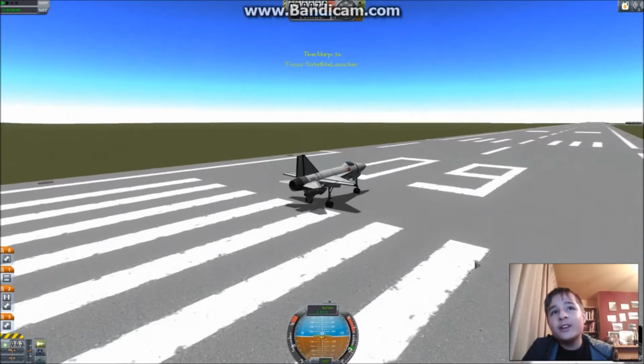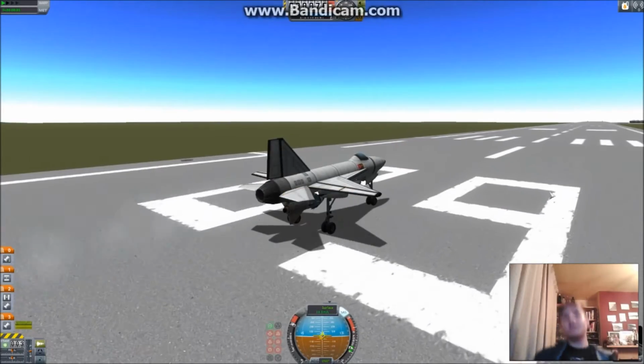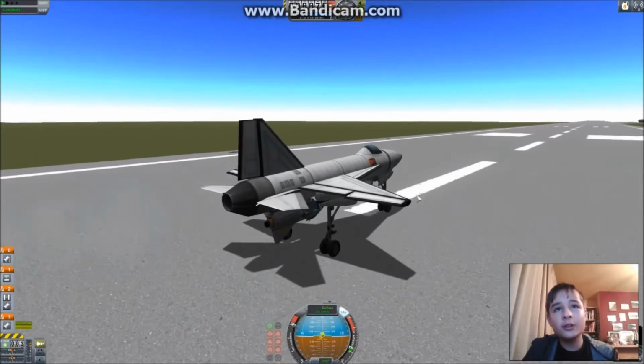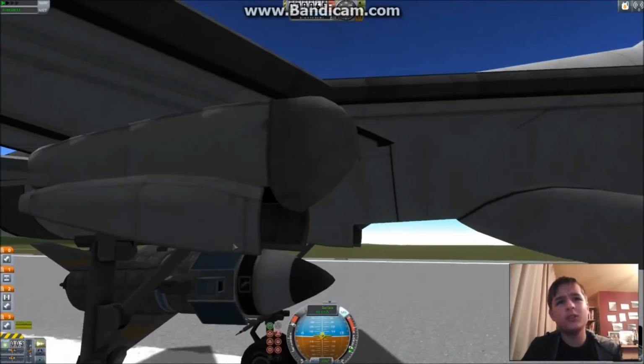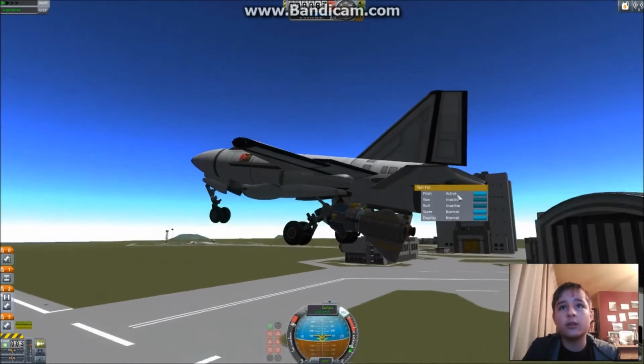But I believe the way this works is you activate the engine, off you go, and then as you gain altitude, you turn on the afterburner. Then you ditch. Then you use these to accelerate to probably suborbital velocities, though I don't believe it has the velocity to, or the...